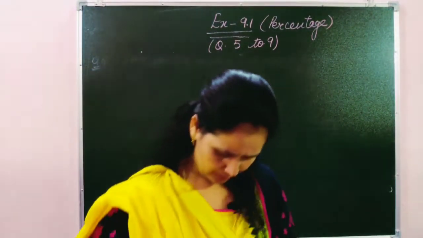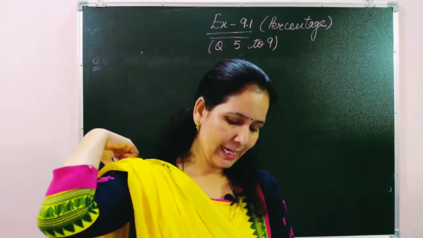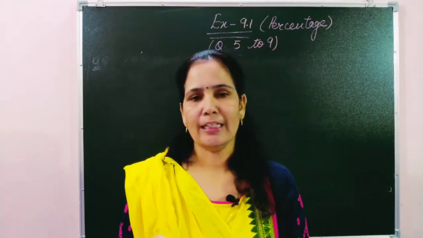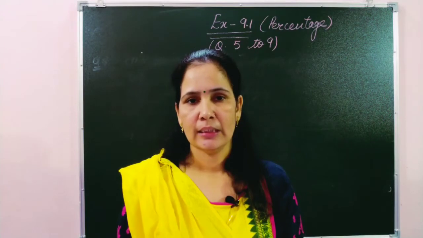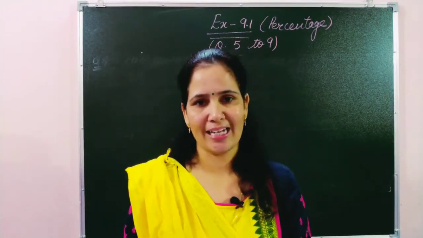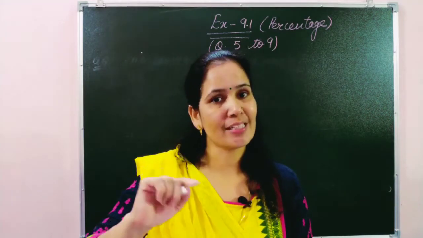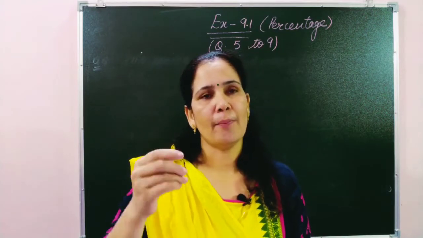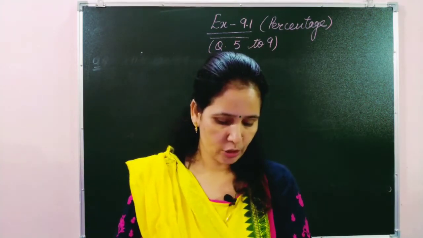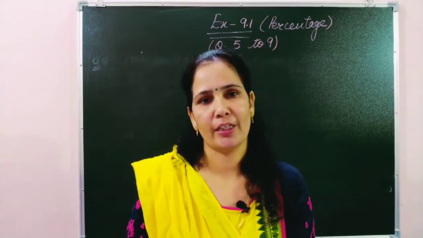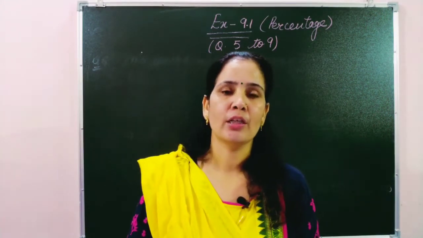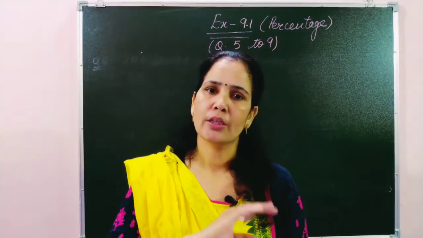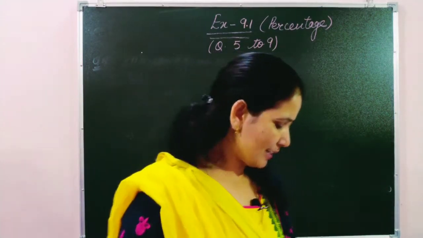In question number 8, they have given Meenakshi has some money with her. She gave 50% to her daughter, then 30% to her son, and whatever remaining amount she has, out of that remaining amount 60% she donates to an orphanage, and the amount left with her is rupees 9,250. Students, in this question we have to find what was the total amount Meenakshi had before giving to all. So let's start this question.